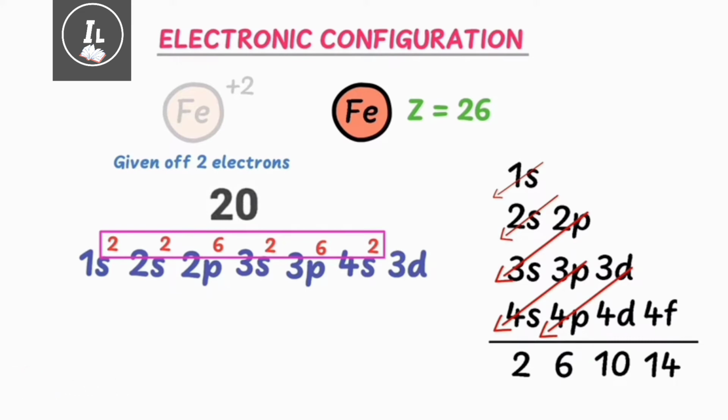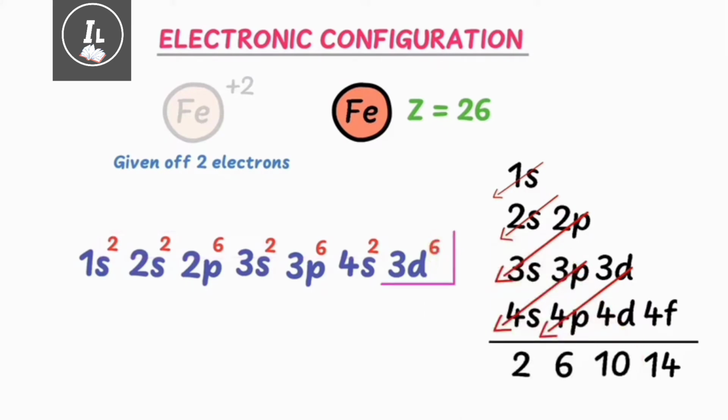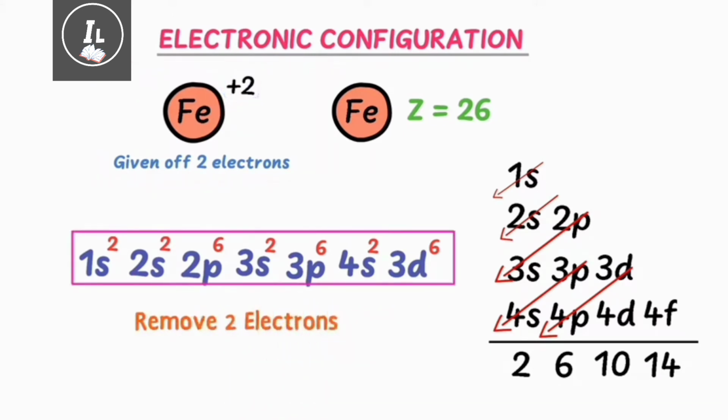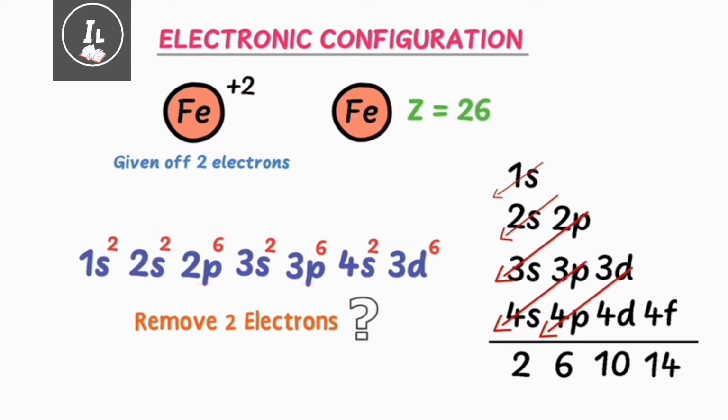We need the configuration of 6 more electrons. So D subshell can accommodate 6 electrons. So this is the electronic configuration of neutral iron atom. But we need the electronic configuration of iron ion. Positive 2 means we have to remove 2 electrons from this electronic configuration of neutral iron atom. But the question is, which 2 electrons should we remove? Well, we remove 2 electrons from the highest sub-energy level